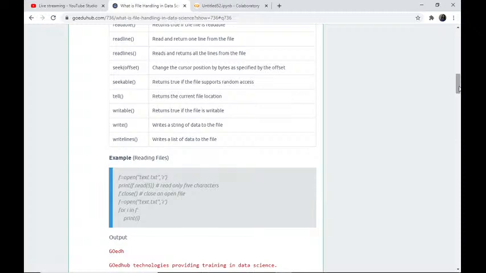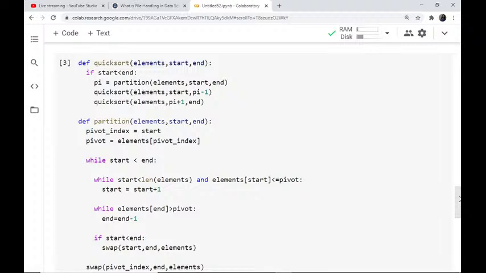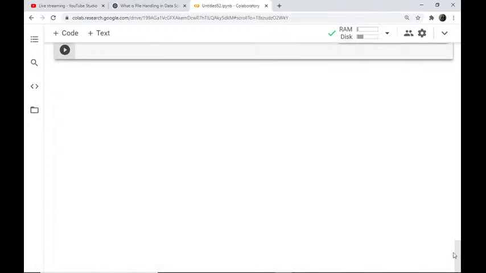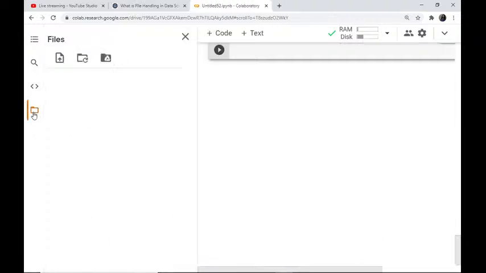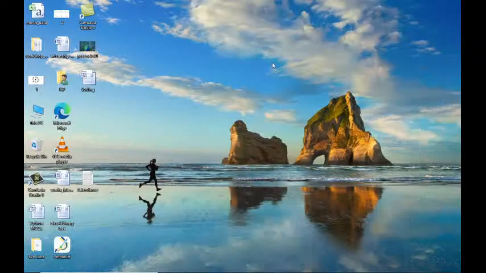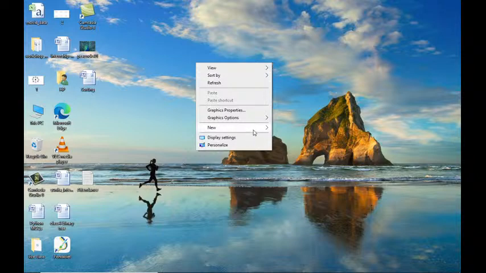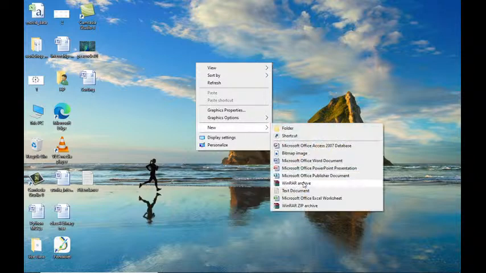Let me start execution here. You can open Google Colab, and here we will start the execution part. Initially we will open a file. For this, we need to create certain files. I'll create a file on my desktop, a new txt file,